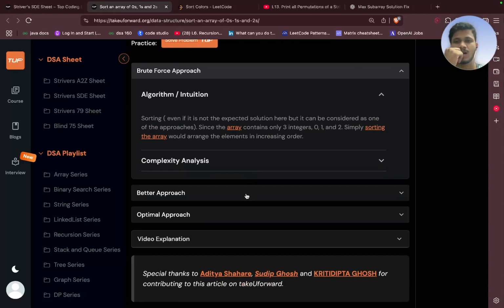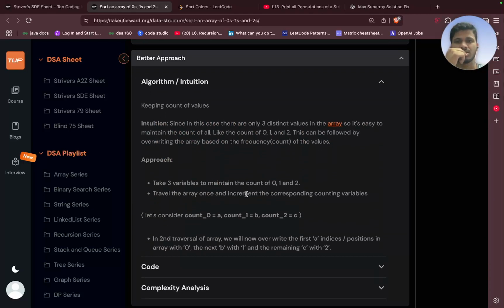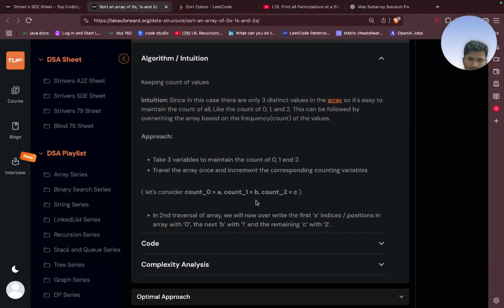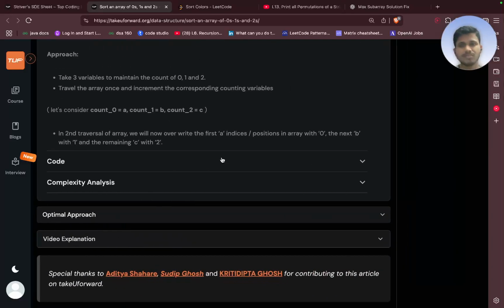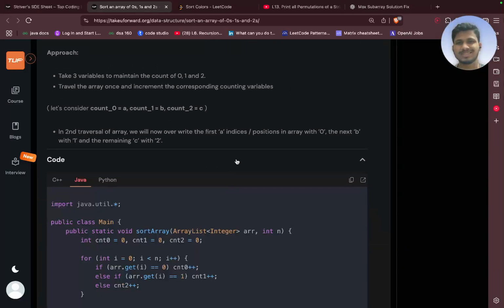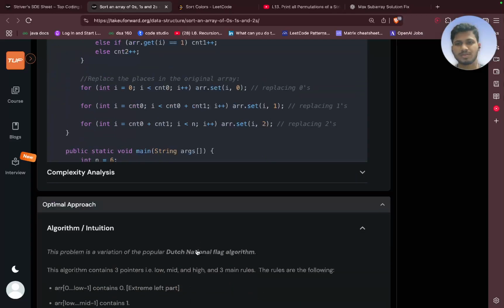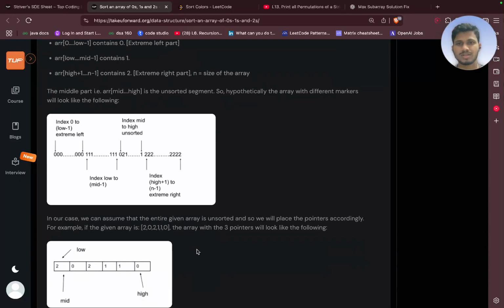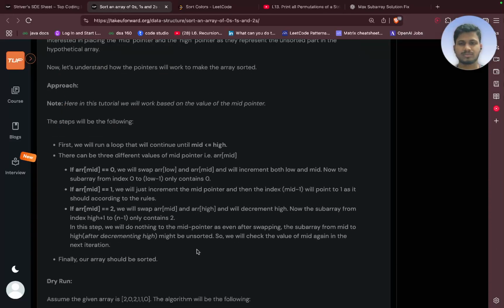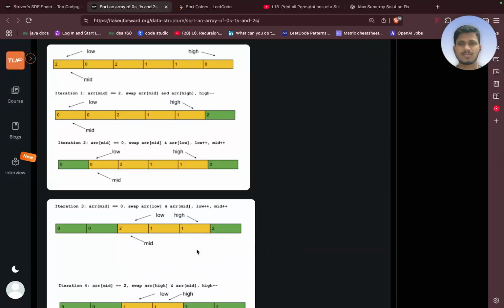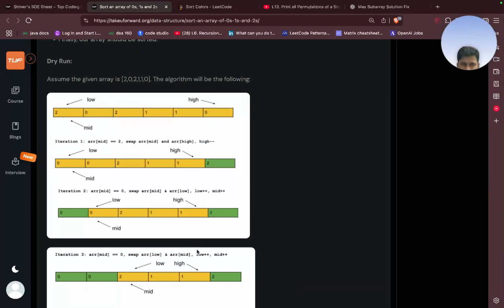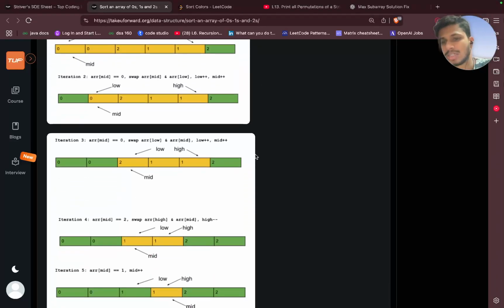What's the better approach? Keeping count of values. That's bad. A better, optimal approach is just the Dutch national flag algorithm. Bro, my butt is aching because I sit for a long time. Anyways,